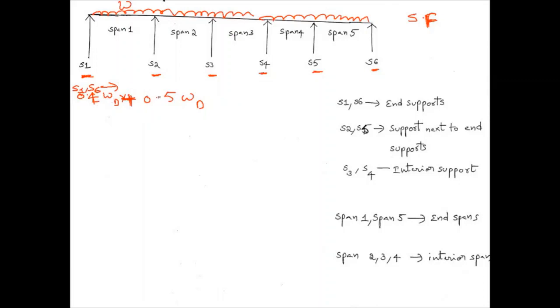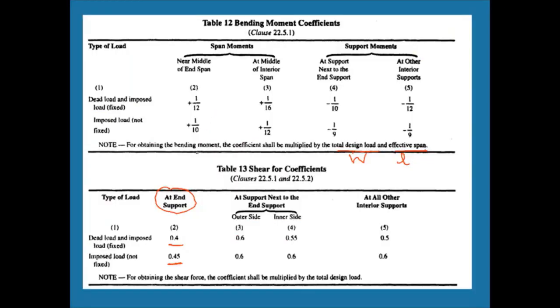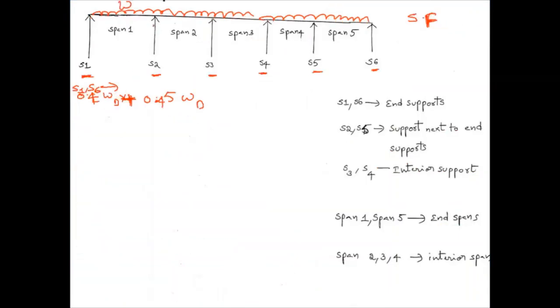0.4 WD plus 0.45 WD. Okay, then take the next two conditions. At the support next to the end support, again outer side and inner side are there. So you have to consider two conditions here, outer side and inner side. If you take the support next to the end support, this will be the outer side and this will be the inner side. So if you take S2 and S5 outer side,